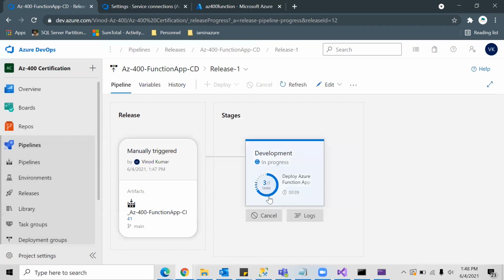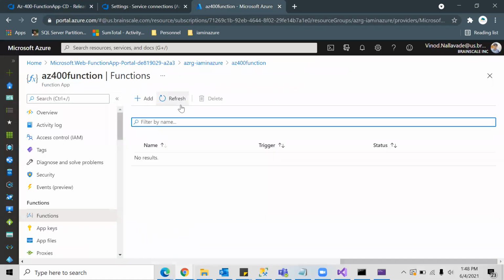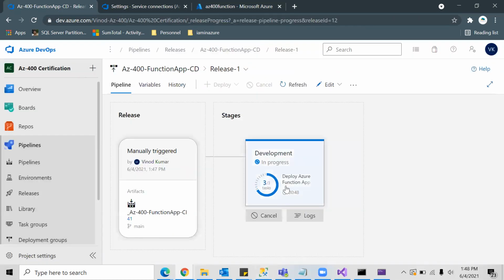So the deployment has started. Once this is done, we can test it. On the initial load, it will take some time, but when you run this two or three more times, it will definitely be in seconds.